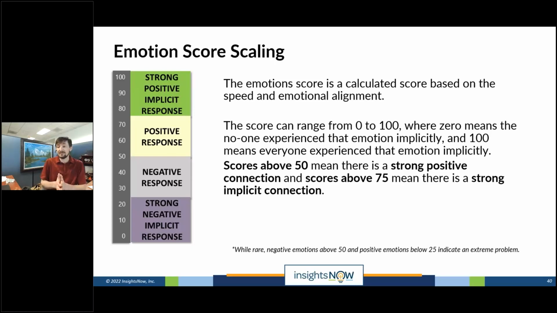So what happens here is that if the score is 0, that means 100% of the people said no fast. So it was an implicit no, absolutely don't feel that. If it was a score of 100, that's 100% of the people saying absolutely feel that, super fast answer, very implicit reaction to that particular emotion. Okay, so anywhere in between, scores above 75, those are very, very strong positive, right? Most people have an implicit yes answer. Scores below 25, most of the people have an implicit no answer to those responses.